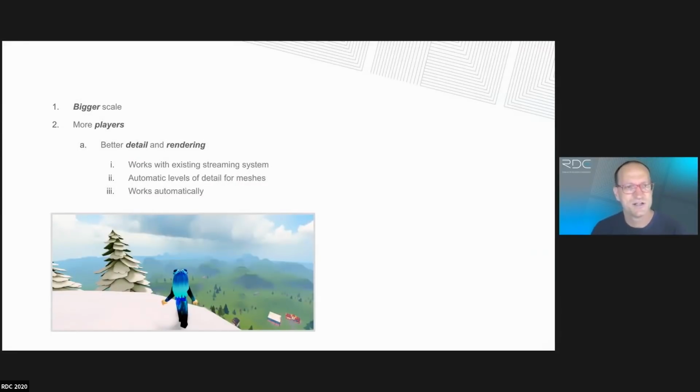So last year, a big item we worked on was our larger worlds. We thought a lot about how do we make Roblox bigger for 100-player games, for lots more players, and larger detailed systems. We implemented a bunch of technology that works with...